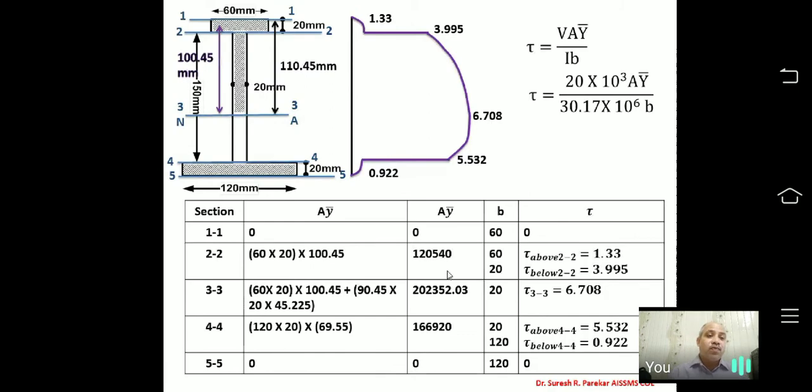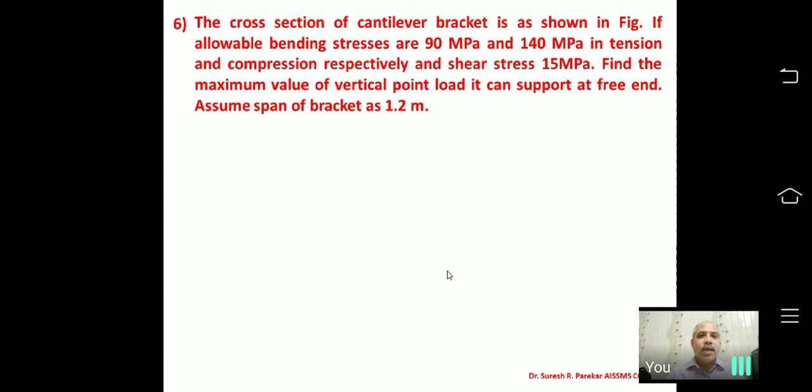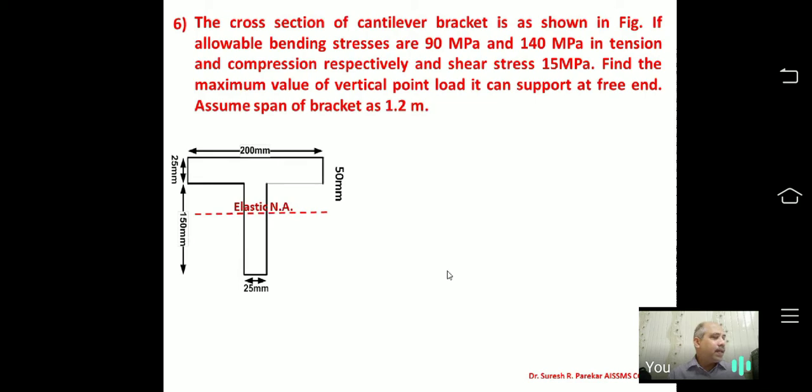So this was asked for 20 marks in IES 2018. If we see the portion we have covered, you have IES question 35 to 40 marks from the portion we have covered till now. Now we will go to the next problem. We will go a little bit faster now because you are familiar. So we have been given this T section. Now I will not go into detail with I.